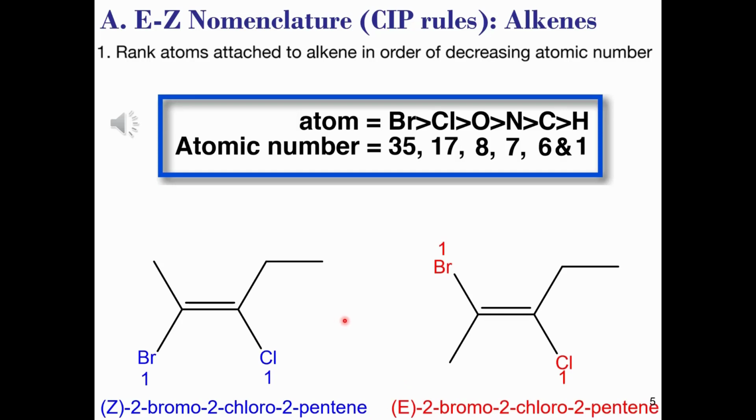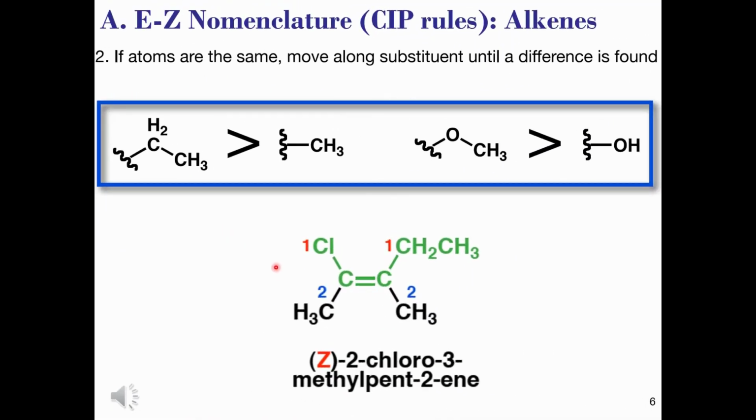So what about if we have a tie between 3 atoms? What do we do then? In this case, we have 3 carbon atoms surrounding the alkene, which means that we wouldn't be able to make an assignment until we had prioritized based on a difference between those groups. Now the chlorine's automatically going to be priority 1 because chlorine has a higher atomic number than carbon does. So the next thing to do is to move outwards along those carbon chains until we have a point of